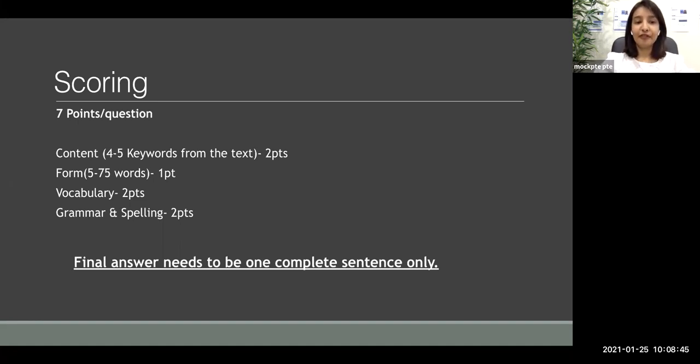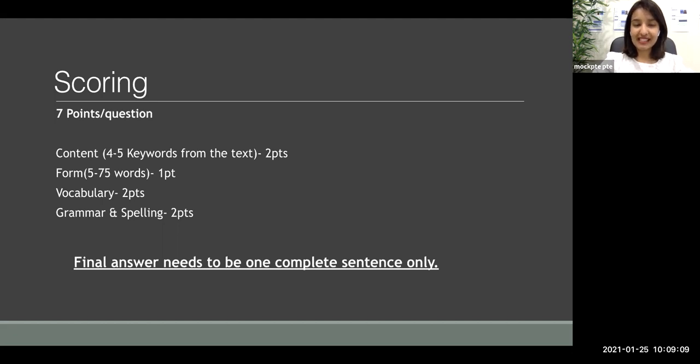Okay, and vocabulary. Remember, as I said, you're allowed to write only one full stop at the end. So even short forms are not allowed in your answer. That means if you write example using E.G., that dot also will be considered as a full stop. Then you will get 0 for your answer, which is the reason why for vocabulary, you should not be using any short forms in your answer.